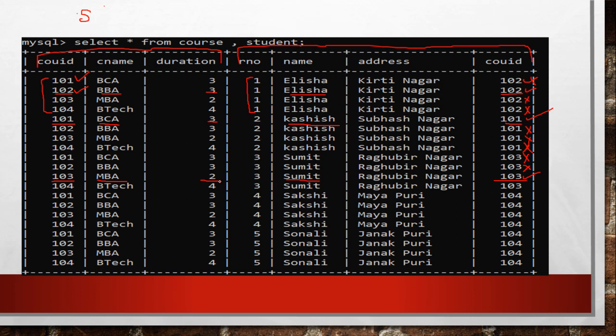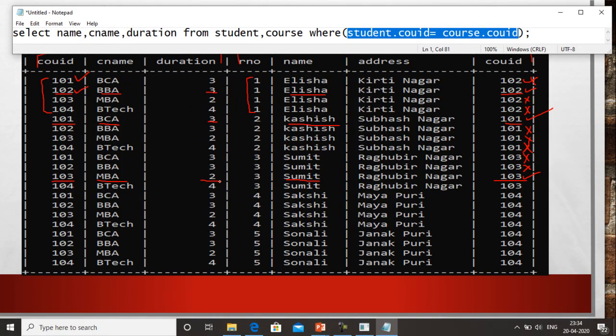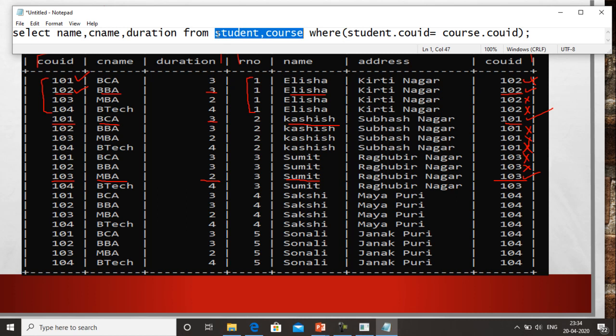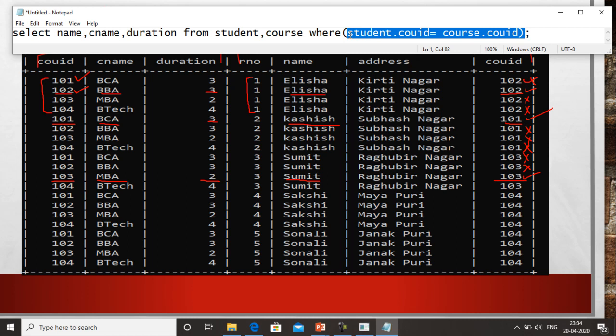So what I am basically going to tell you in this case is, whenever we write the two tables in our command, the system will first perform a Cartesian product between these two tables internally. Once it obtains the Cartesian product of these two tables, it checks this condition in the Cartesian product, and it will obtain data from only those records which satisfy this condition.